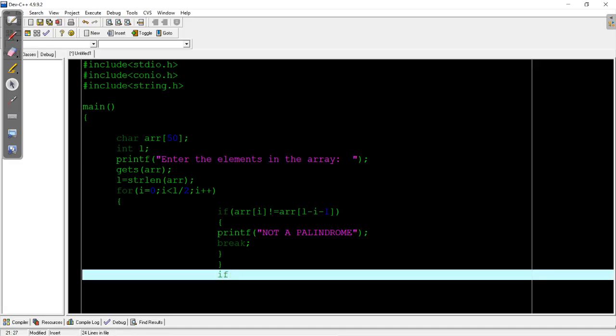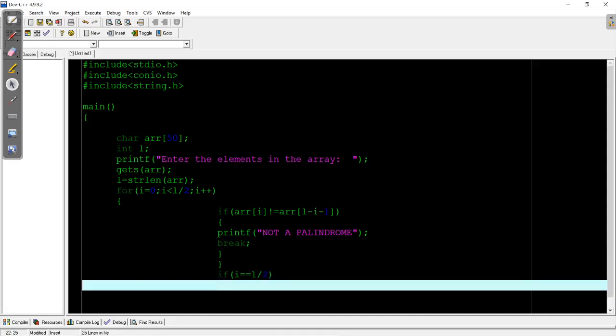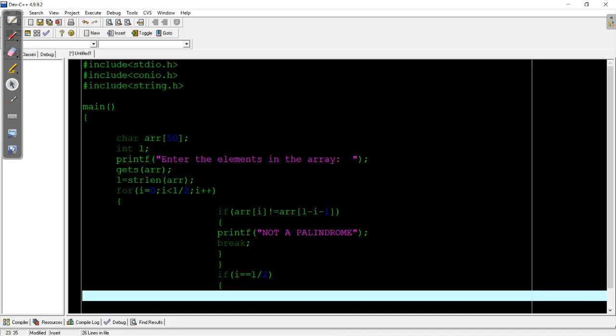If I is equal to L by 2, then we'll print it is a palindrome.